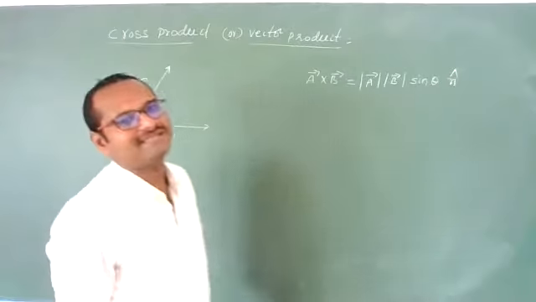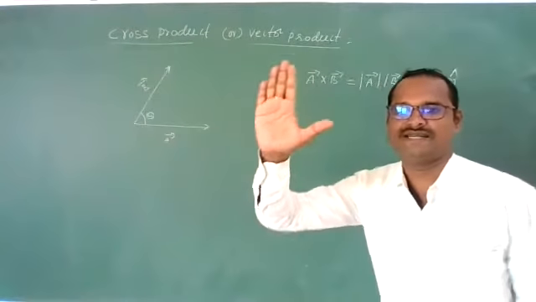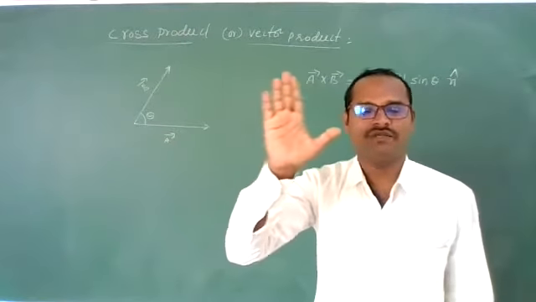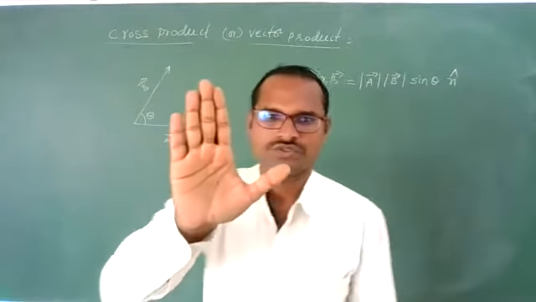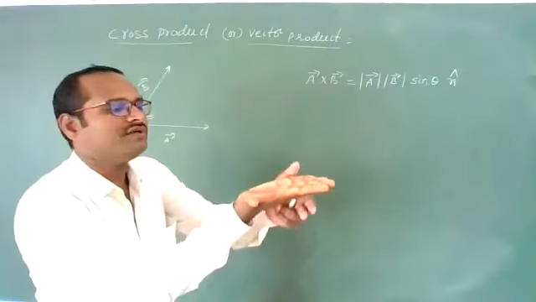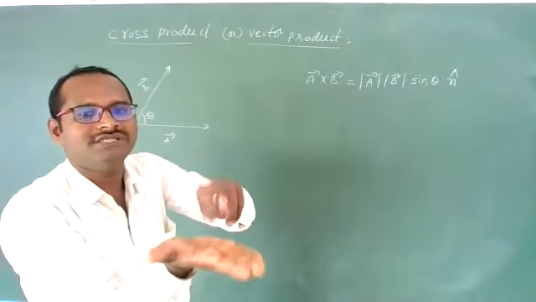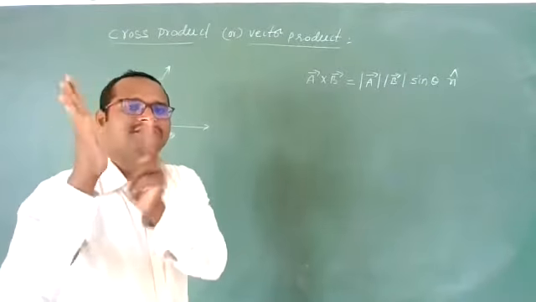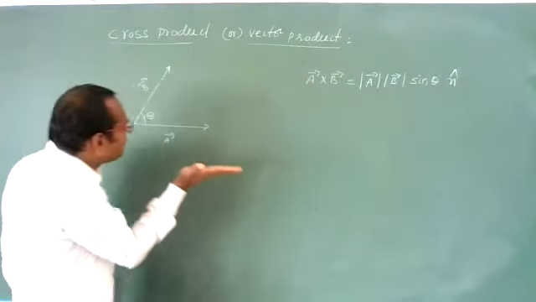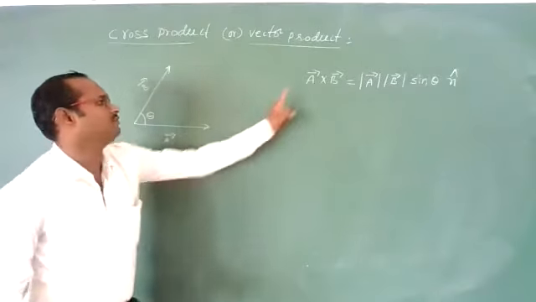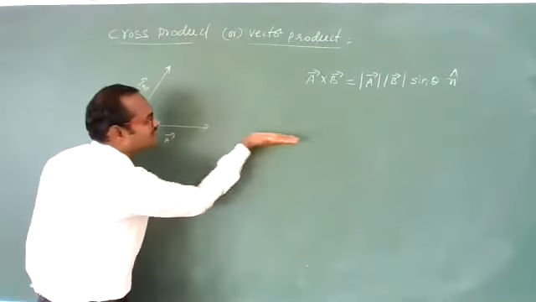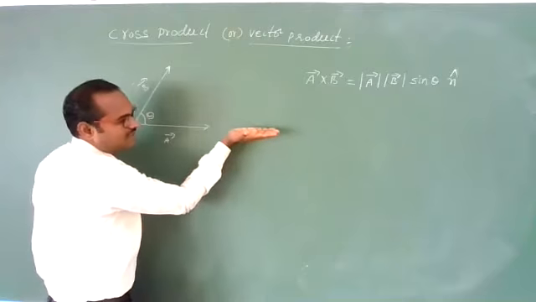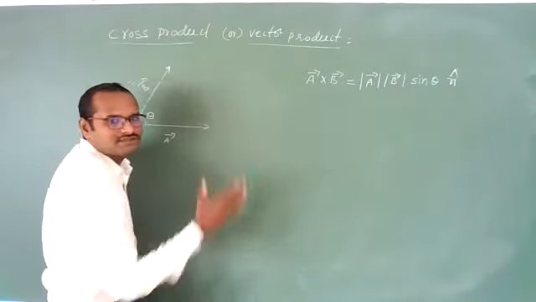Or if you are not understanding that, see, this is the right hand rule. Observe this very carefully. It is very useful for you. Keep your fingers in the direction of the first vector. You want A cross B. In which direction is A bar? In this direction A bar is there. So keep it like this. Don't keep it like that.